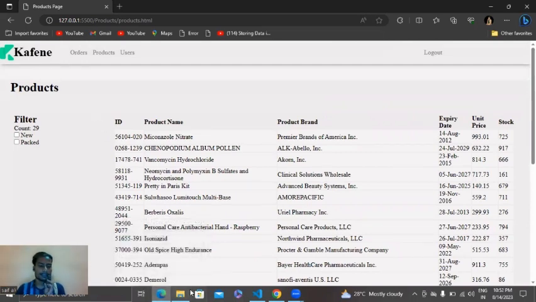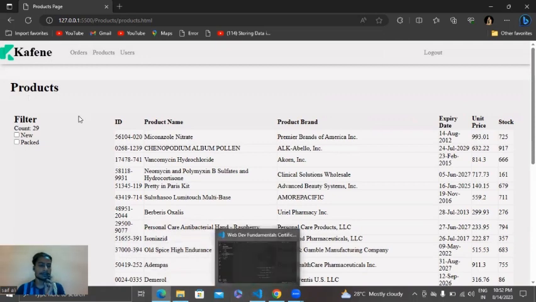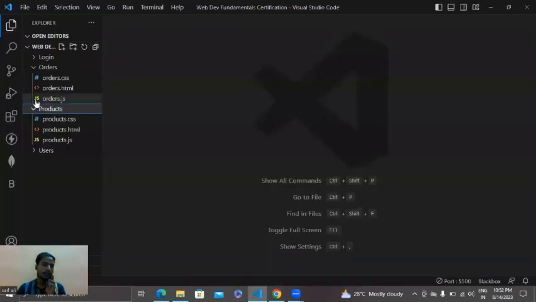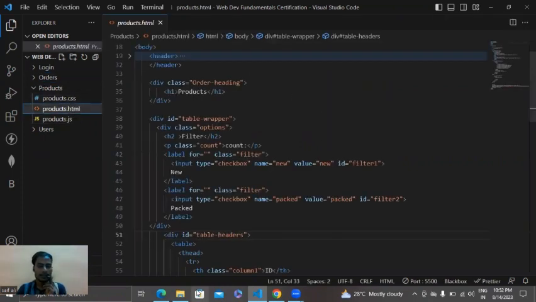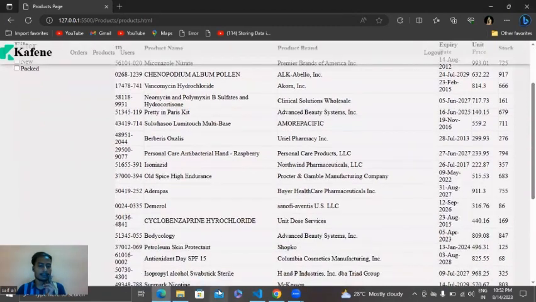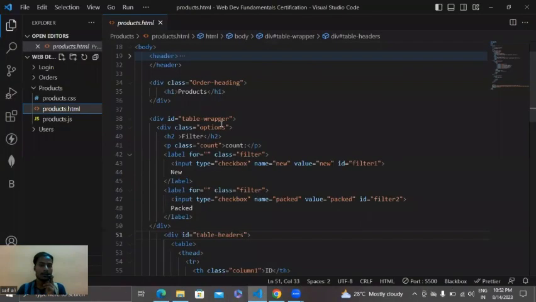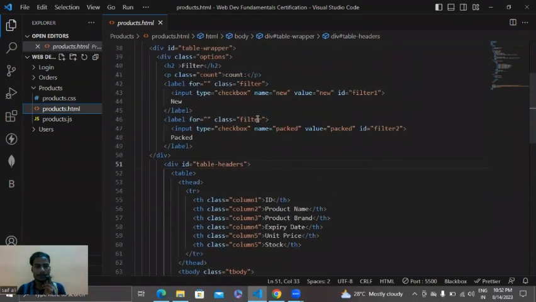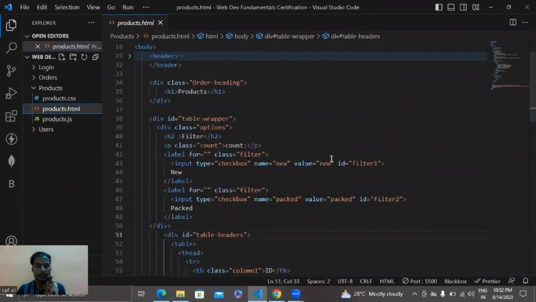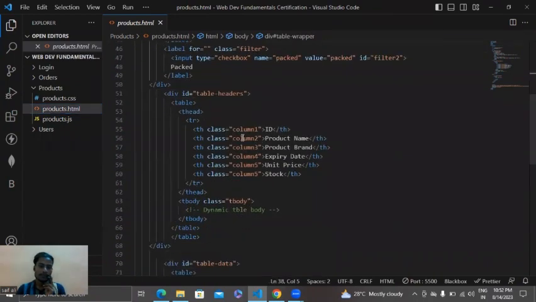This is the product page, and for this product page, I have created a different folder here. That is product page. Inside the product page, I have created three different files. That is product.html, CSS, and JavaScript. Let's start with HTML. As you can see, I have written some HTML. This is not dynamic, but you can see some HTML I have given,